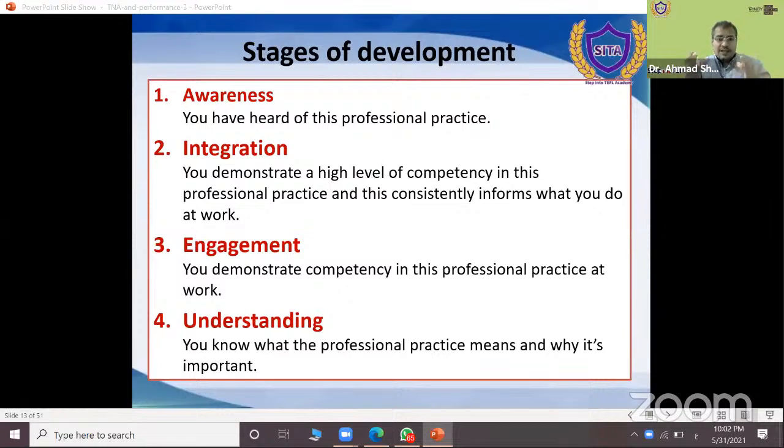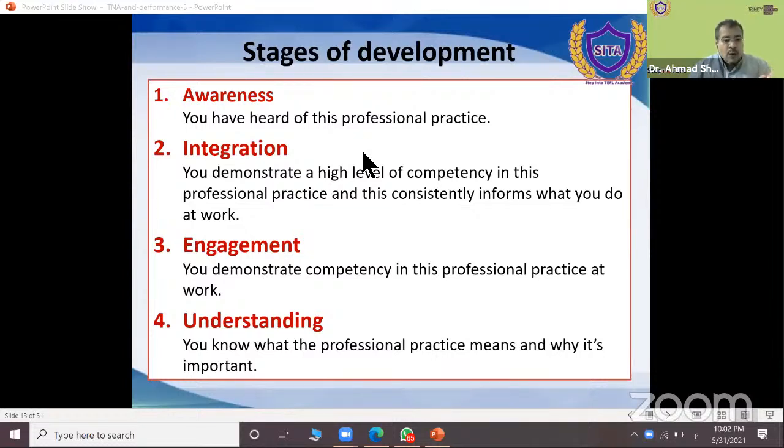So after that, you got some idea about it, then you want to make integration in your teaching. You demonstrate a high level of competency in this professional practice, and this constantly informs what you do at work. Engagement, okay? You demonstrate competency in this professional practice at work. So after that, you have a more advanced level of engagement with this technique or this skill.